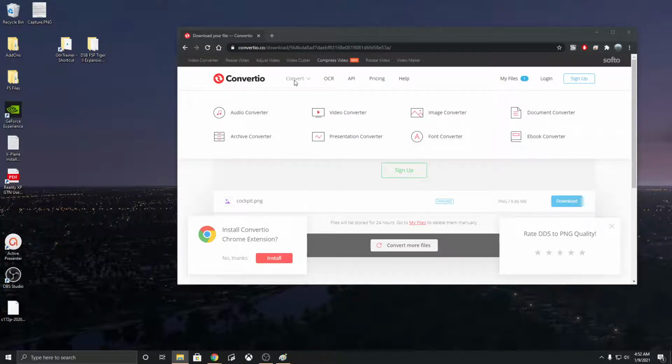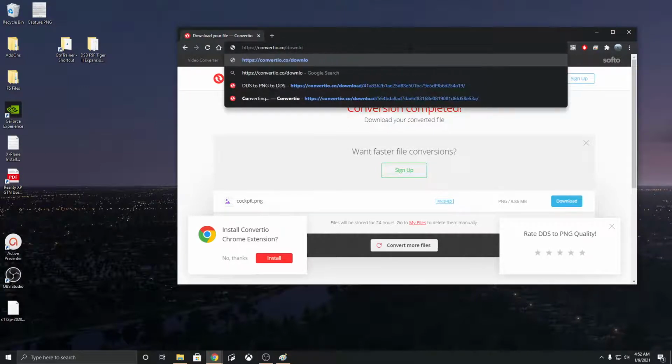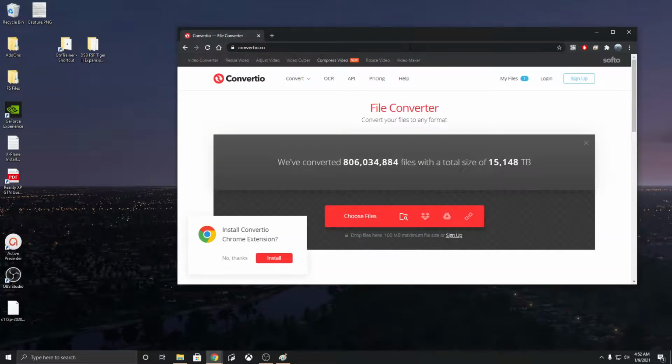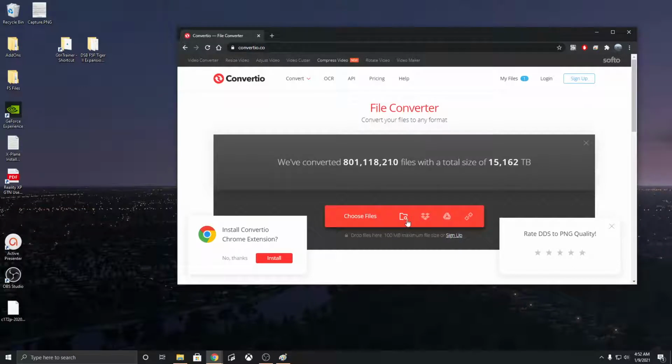Once I went back to that website and converted the file back, so we can go back. Let's see. I didn't look at the menu. I just backspaced. Went back to the main site. Choose files. Well, I didn't choose files. I dragged them over. And I did the whole process again, only this time I did it in reverse. I did a conversion from PNG to DDS. And then once I did that, I dragged the files back over to,